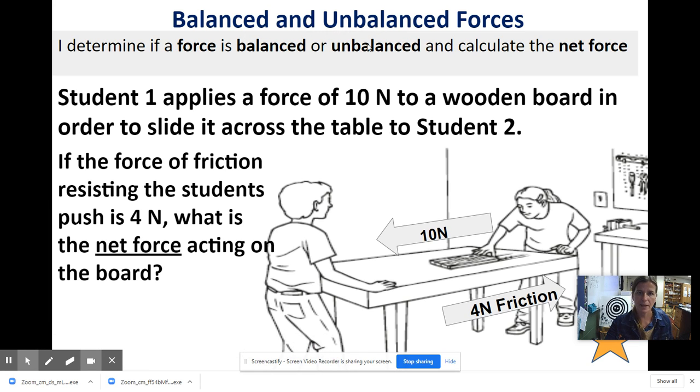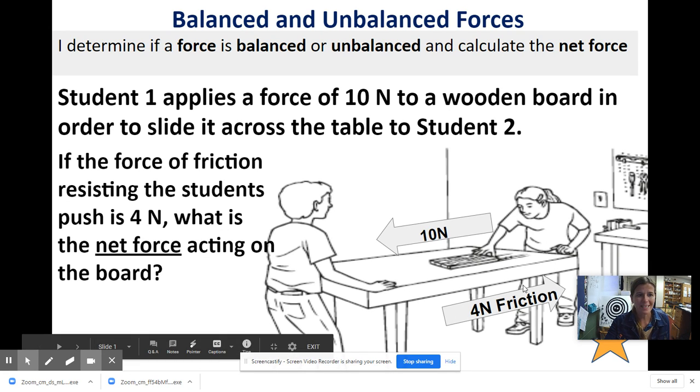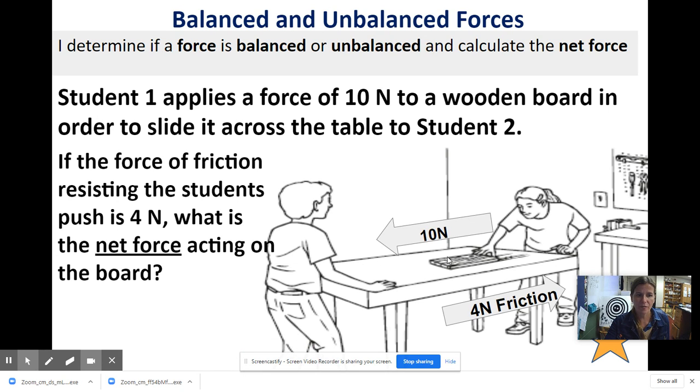Balanced and unbalanced forces. I can determine if a force is balanced or unbalanced and calculate the net force. Starter. Student 1 applies a 10 Newton force to a wooden board in order to slide it across the table to student 2. If the force of friction resisting the student's push is 4 newtons, what is the net force